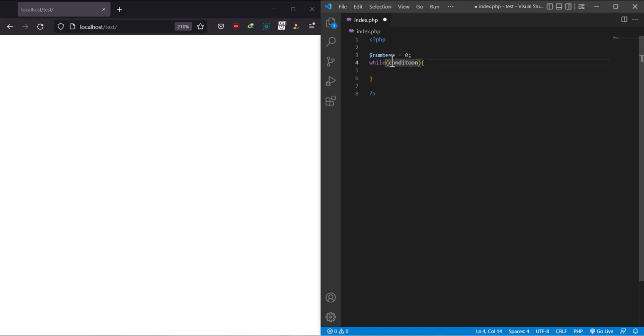Now, in the while loop, the condition I'll set is whilst numbers is less than 500. Let's make it less than or equal to 500. We want exactly 500. So this is the condition now. What if the numbers is less than or equal to 500? Then we do whatever is in this block of code, which in our case, we want to print numbers up to this condition. Okay, so what I'll echo is